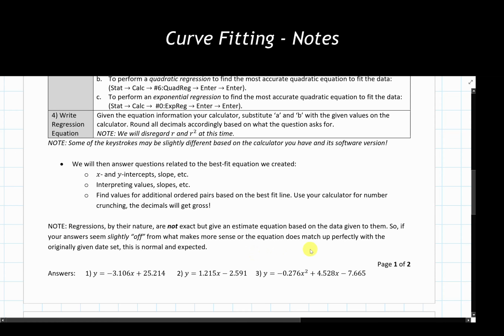So as we are looking at these regressions, if you try plugging in numbers and answers seem slightly off, and they don't entirely make perfect sense with what we have and the data we've been given, that's okay. This is normal. This is expected. This is just the nature of regressions in general. Okay? Let's assume we don't see these here, forgot to cover these up, but hey, those are the spoilers to the problems that we're going to be seeing here.